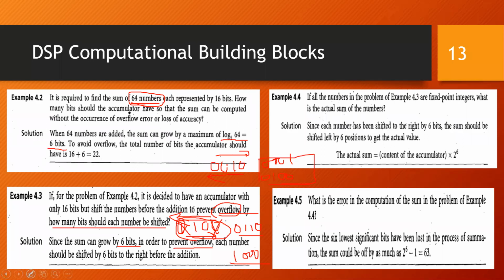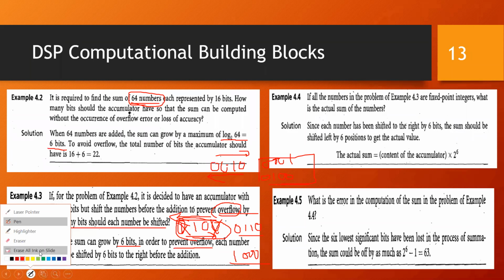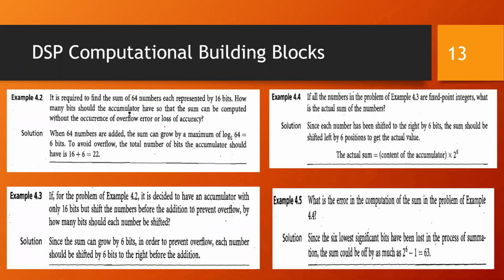So what you're doing is you are just trying to avoid the overflow. You are not trying to avoid the loss. Loss will be there. Your accuracy will be less even when you're shifting. But if you want to manage, then you go for some exponent, store that in the exponent value, and then again you can come back. So that is what you can do here.